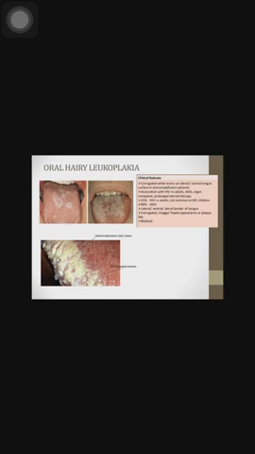Coming to oral hairy leukoplakia, the clinical features are a corrugated white lesion on the lateral and ventral tongue surface in immunodeficient patients, associated with HIV-positive adults, AIDS, organ transplant, and prolonged steroid therapy. It is seen on the lateral, ventral, and dorsal border of the tongue, and is bilateral. 25% are HIV-positive adults, not common in HIV patients. 80% can be seen in AIDS.